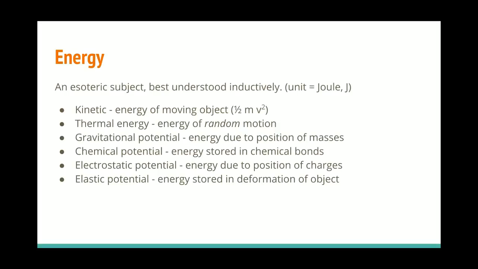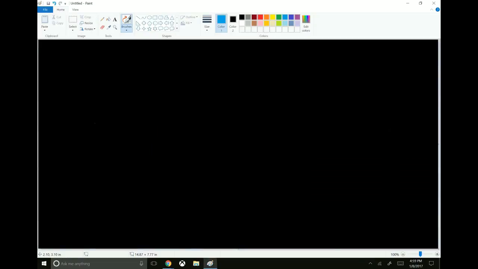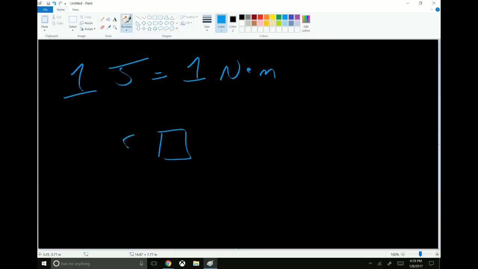Energy is one of those more difficult things to try and understand. The unit of energy is the joule. And you may recall from when we were talking about units that 1 joule is equal to 1 Newton meter. It's a force applied to an object over a distance. Okay. So whatever force it takes to move something across a distance is one way of thinking